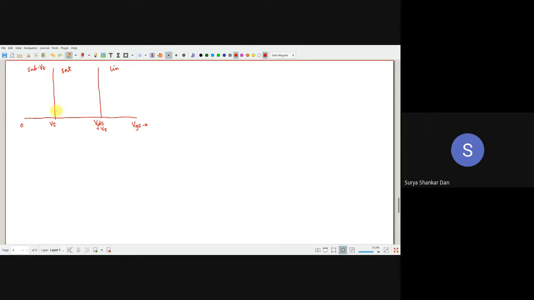Now I'll just discuss, when VGS is less than VT, inside the MOSFET, what is happening? There is no channel region at all. Channel will be formed only when VGS equals VT, correct? तो यहाँ पर अगर channel नहीं है, ठीक है, then that means you are going to have